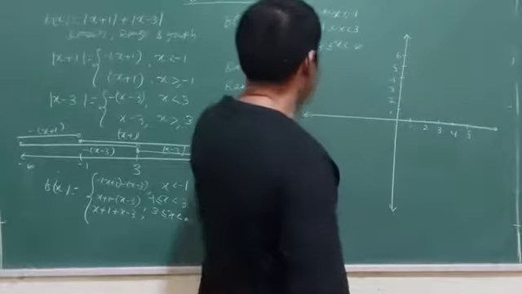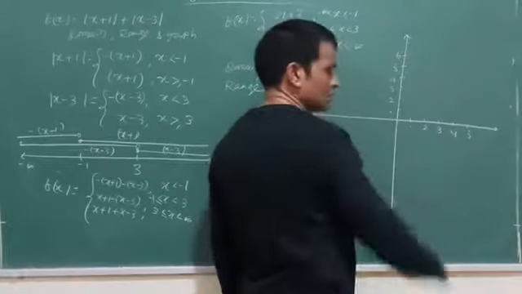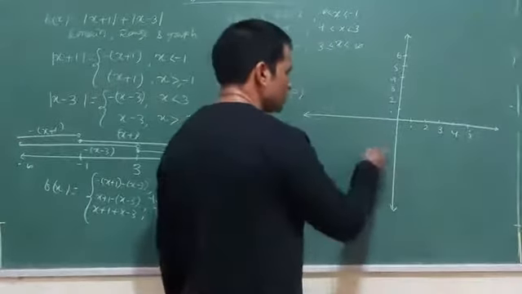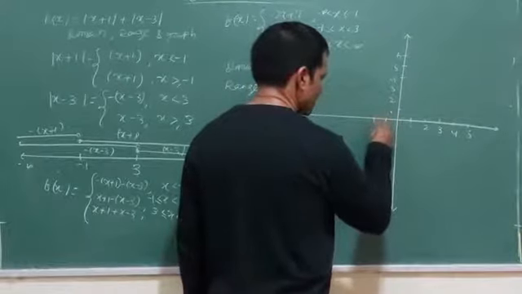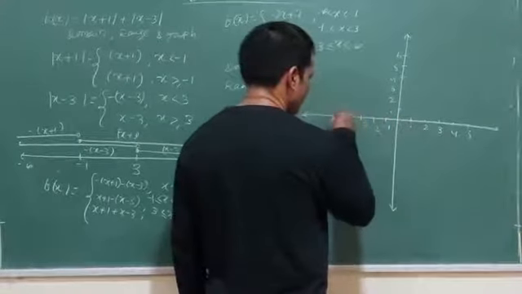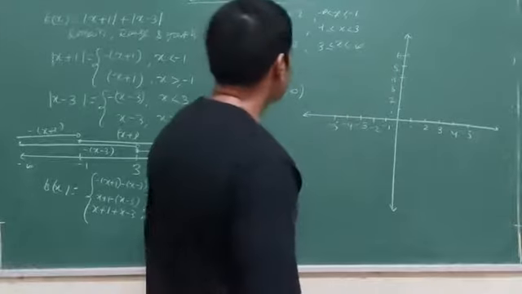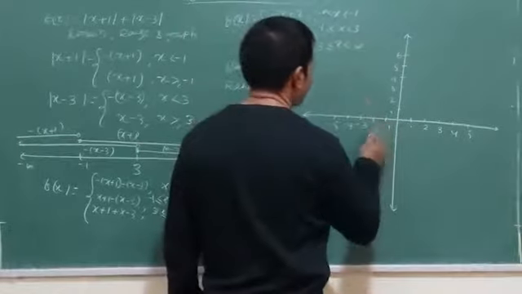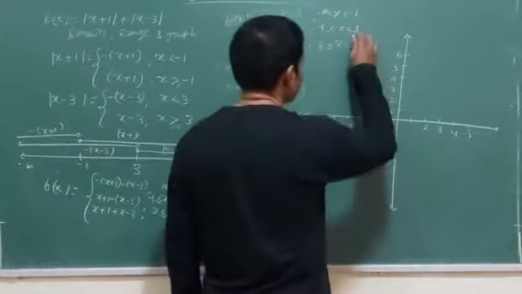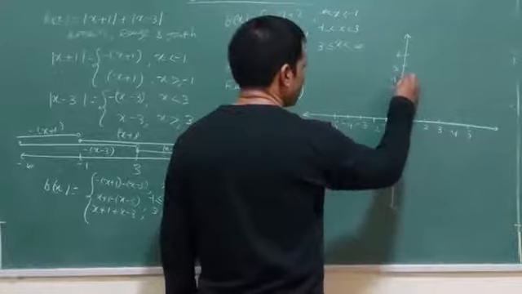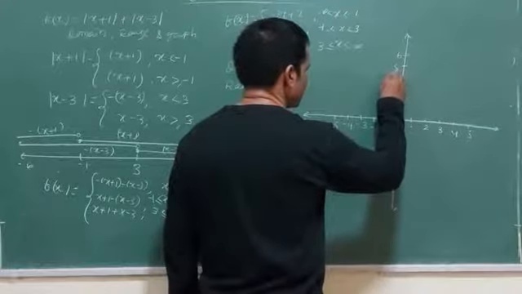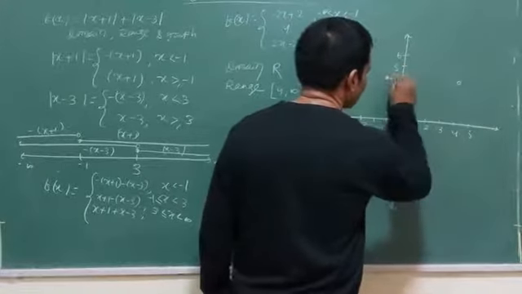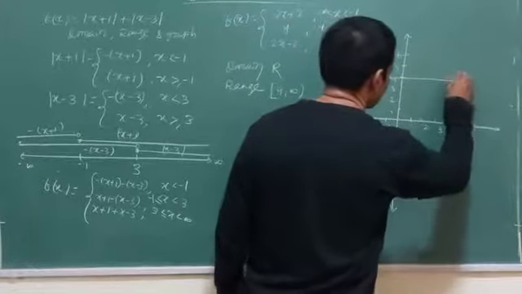I could have drawn the graph directly. I draw a parallel line at 4, then I draw the equations, the lines. But you will not understand it, so you need to understand it clearly. Later on you can do it that way also. That means you can see from minus 1 to 3, at x equal to minus 1 a closed interval and at 3 an open interval. The value is 4. That means here you give a closed point, here you give an open point, and join the straight line.